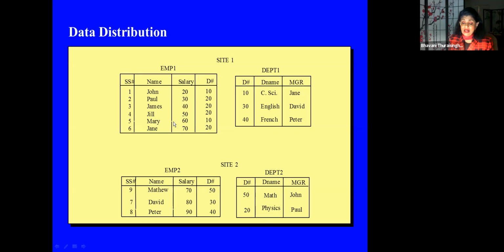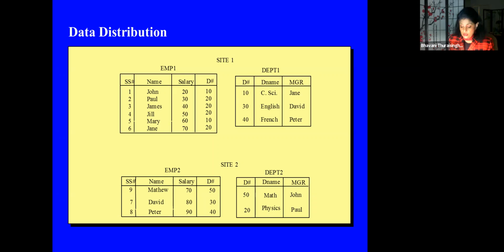So this is not really an ideal situation, because our whole idea was to keep the data close to the people, which means site 2 should have the math and physics departments and all those in math and physics, because we have Jill in math, but she's not in site 2, she's stored in site 1. So we've not really stored the data close to the employees, right? They are stored sort of at random. Sometimes you can use load balancing and store the data where there is storage space. So there are a number of things that you can do.